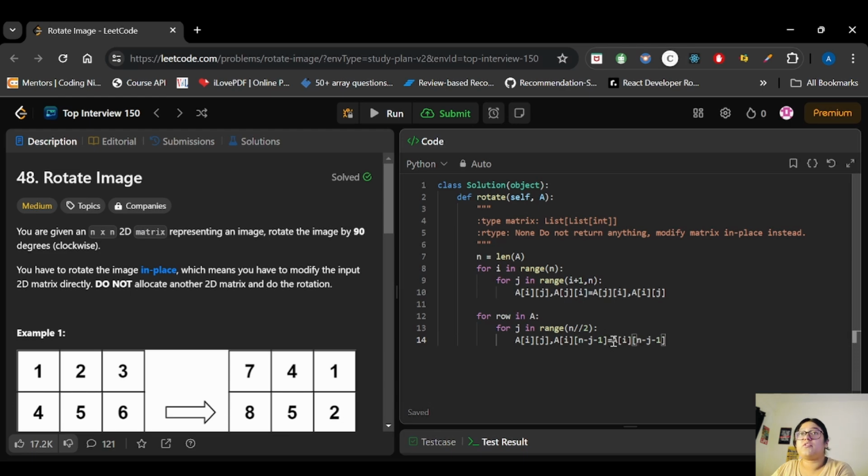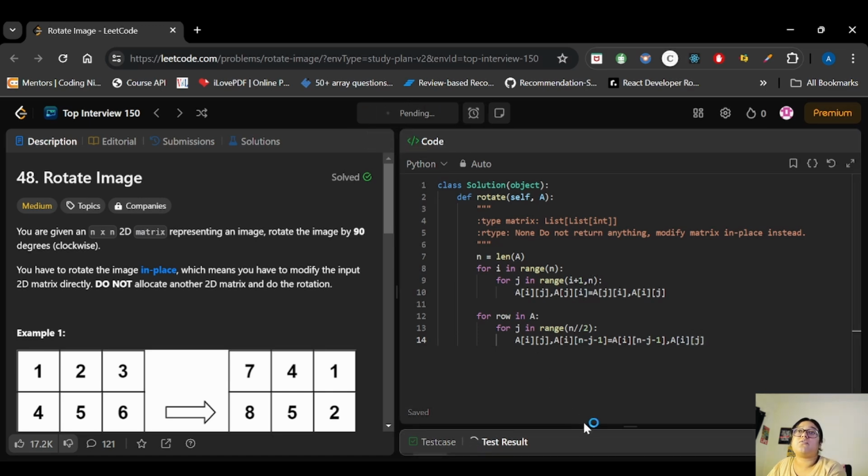So we will be swapping these both values. Since we are making the changes in place, which means all the changes are made in the same matrix, we don't have to return any value. We can directly make changes and leave it as it is.